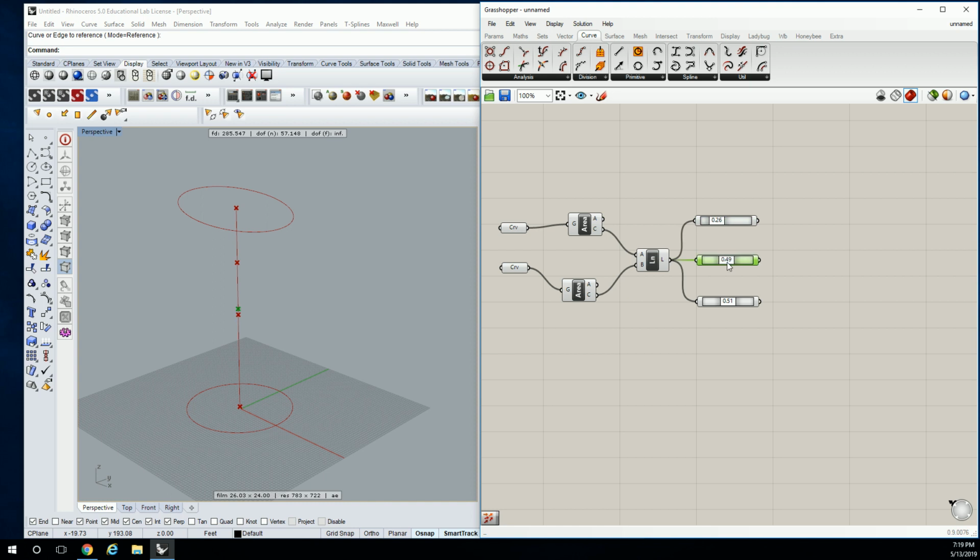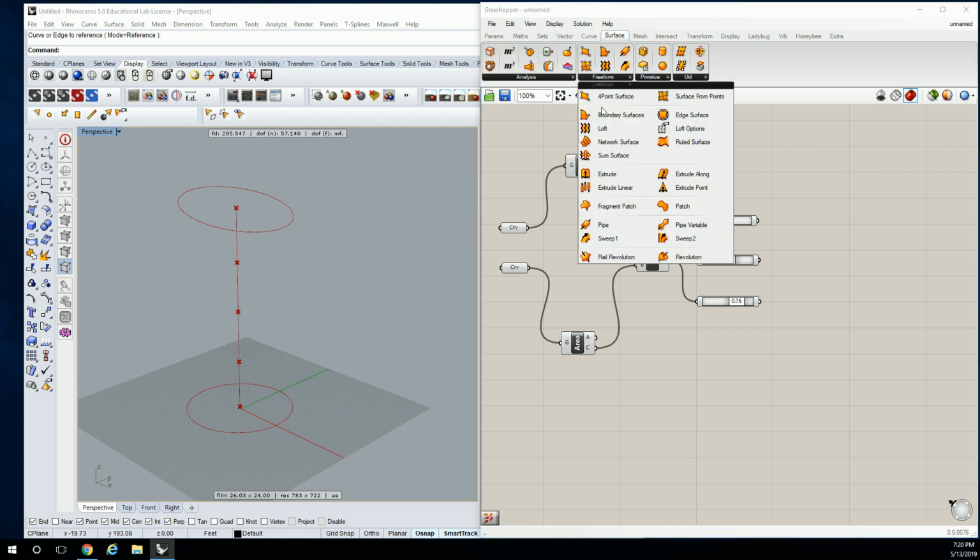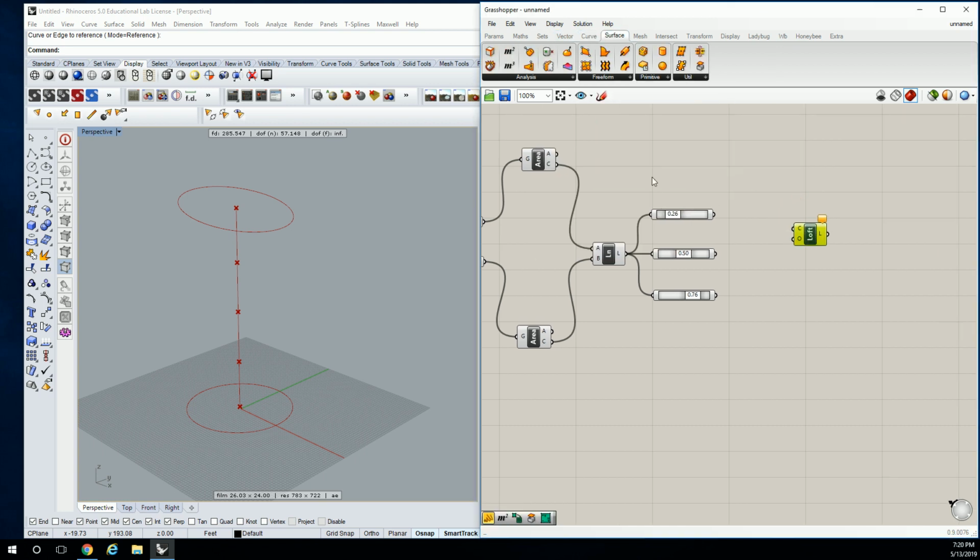This one is 0.50-ish, and this can be 0.75-ish. So we have 1, 2, and 3, but then we also have the top point and the bottom point, this and this. If I wanted to loft all of those together, I just need to make sure I do it in order. So I can do surface, freeform, loft, and let's just go with,